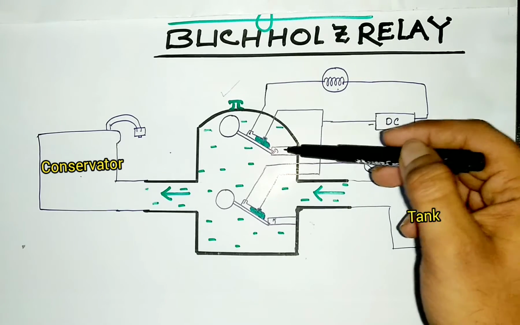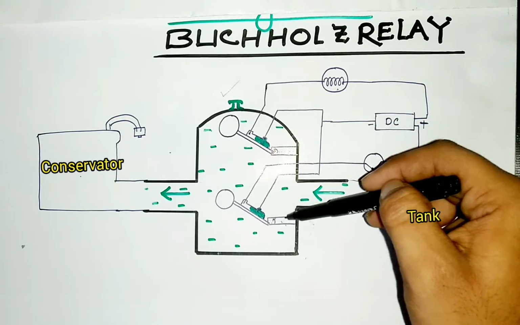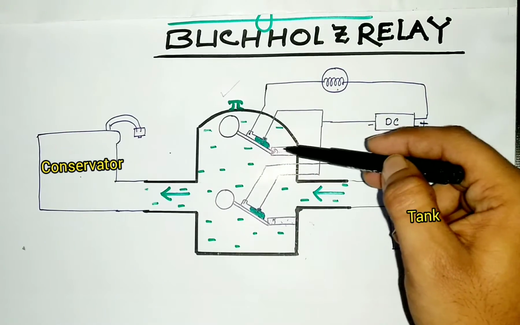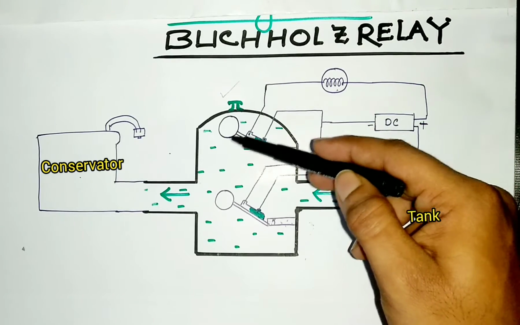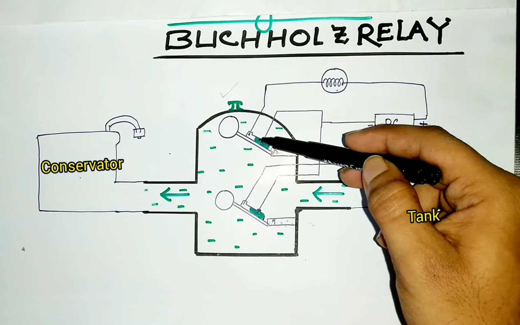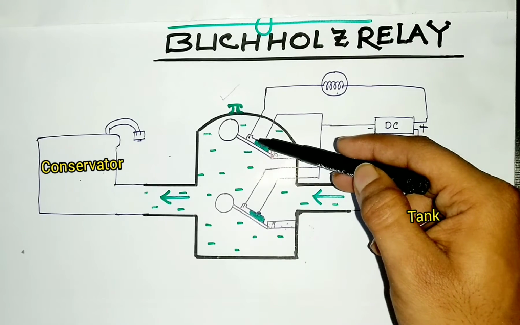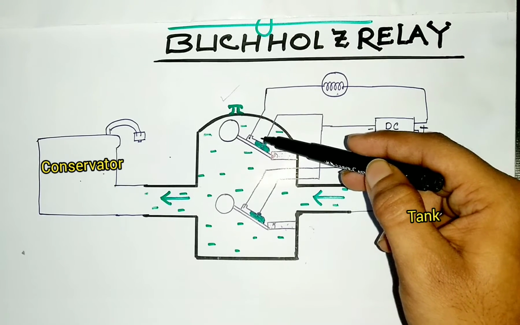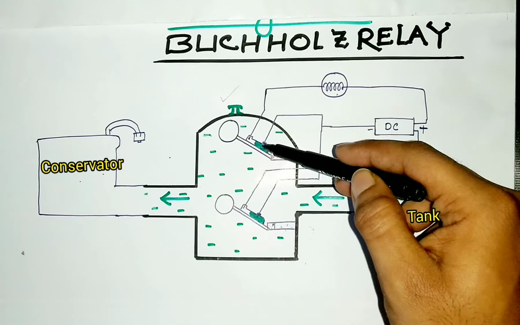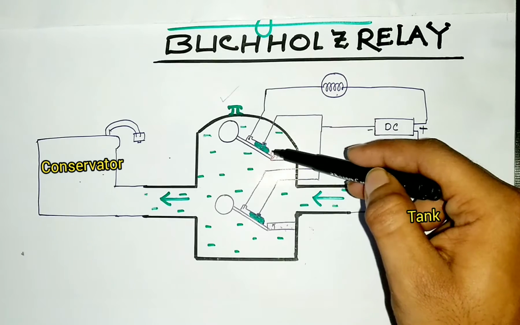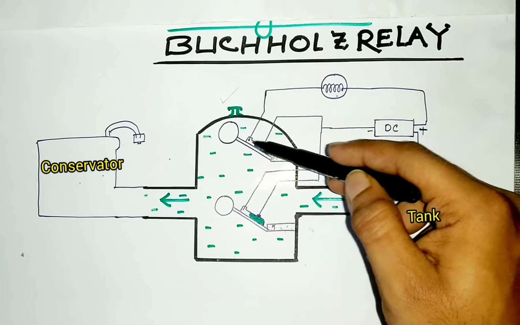The switches are connected to a rigid part in this Buchholz relay chamber. This is a rigid part. The float switch is connected to this rigid part by a hinge. It can move around this point, and there is a mercury switch. It is nothing but a glass container which is partially filled with mercury. And the two terminals of this external circuit are so smartly connected in these nodes of the mercury switch that in normal condition there is no contact between these two terminals.